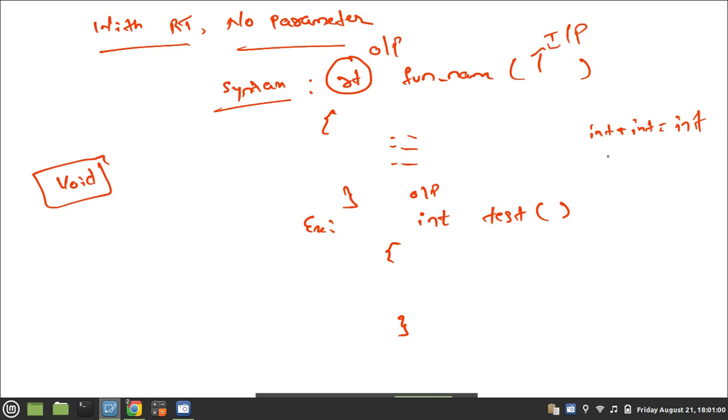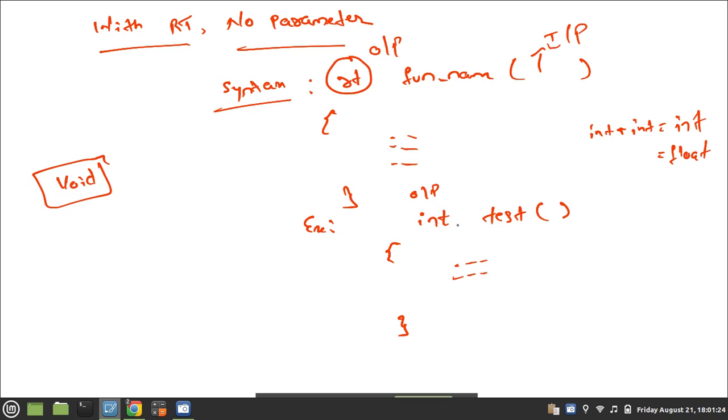If I am performing addition of float plus float, the output will be float itself, then I am supposed to write float. So this is output. Which kind of data we are sending, that data type I should mention here.